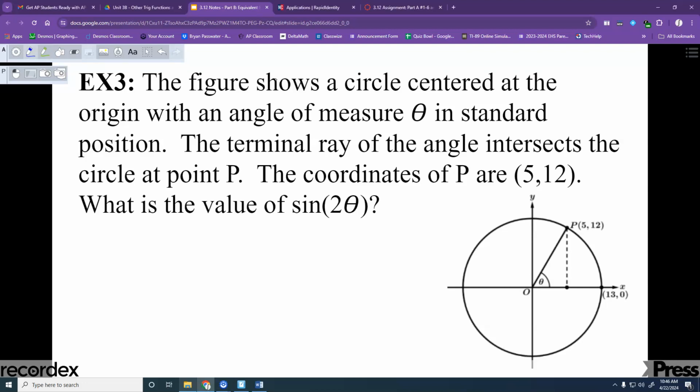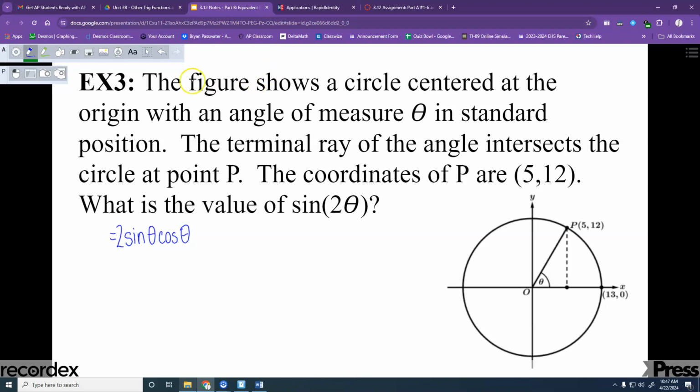And that formula for sine 2 theta is going to be 2 sine of theta cosine of theta. So, to do that, we're going to need this picture right here to figure out what sine of theta and cosine of theta are. Now, these are not unit circle numbers right here, so the unit circle doesn't really help us here,